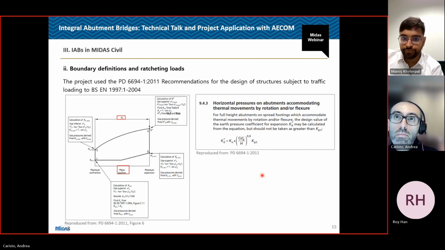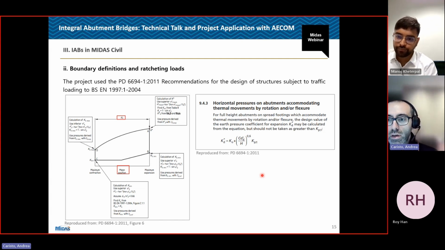And you can say it's an addendum to the Eurocode. It's not part of the Eurocode, but it explains how to apply the Eurocodes, basically. And what the code has for this type of bridge, let's say the bottom-up ones on Metronet, the ones with the full height abutment